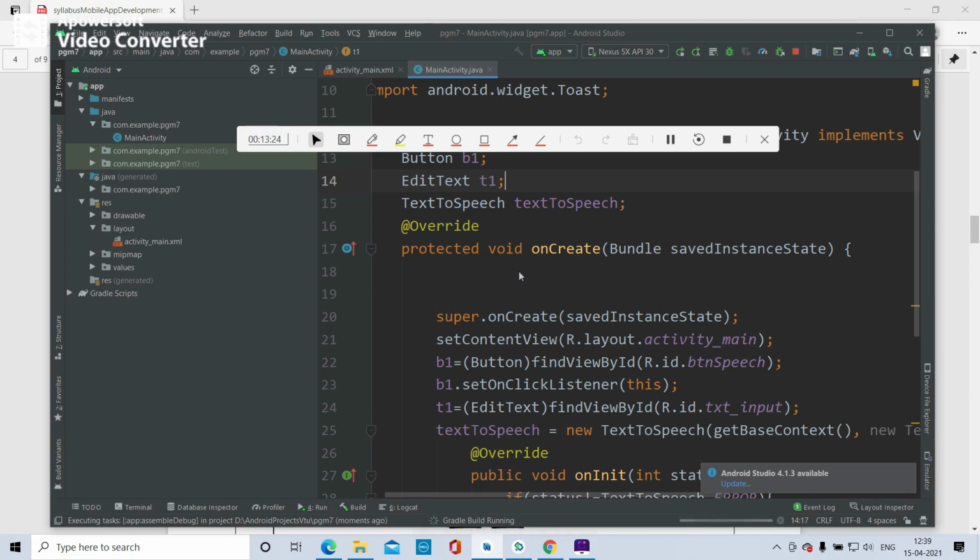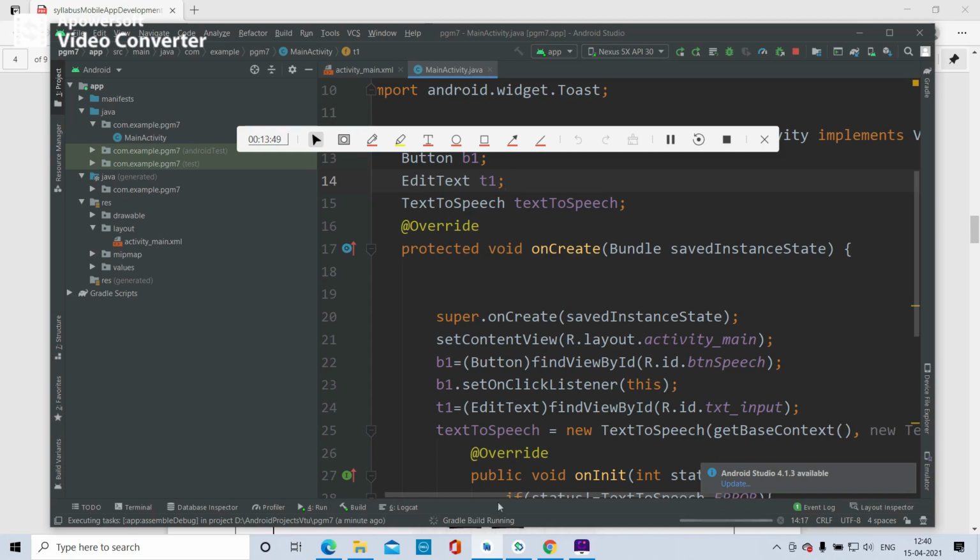Okay, it takes some time to create the APK file. Once it creates the APK file, you can copy it to your mobile and you can run that APK file to see the app in the mobile. It's taking some time to build the APK file.